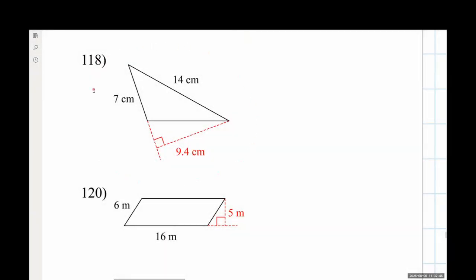118, we've got this weird, almost double triangle showing up here, right? We've got a triangle in black, and then we have this dotted line triangle that's given to us also. Remember that the dotted lines are not assumed to be part of the actual shape that we are working with. The main thing that we're solving for is this triangle over here that's in black. The red is, hey, here's some placeholder stuff that could help you as you're going through the problem. We're going to reference it, but we're going to note that it's this main triangle up here that I care about. Again, I'm working with the area, so I'm going to write that out.